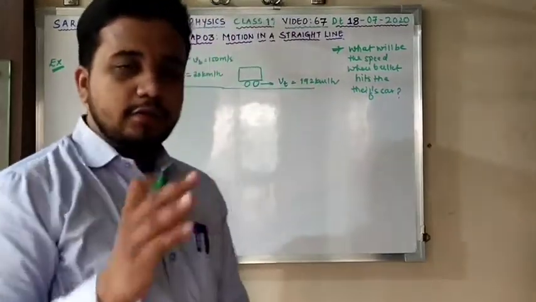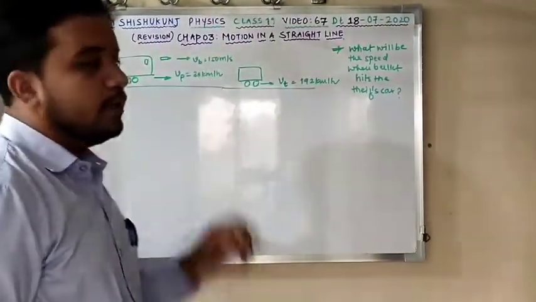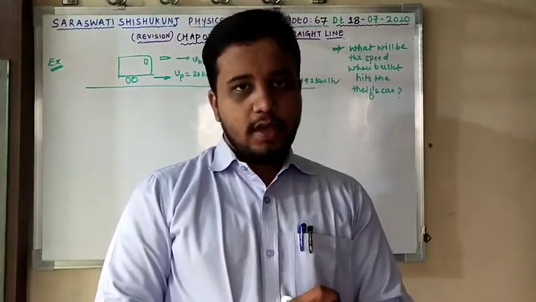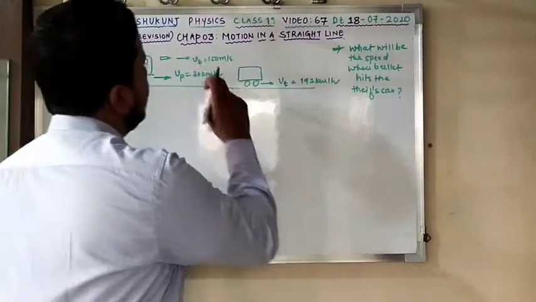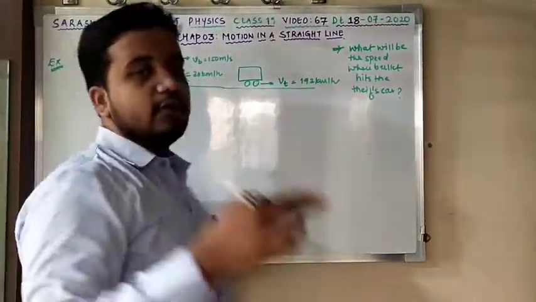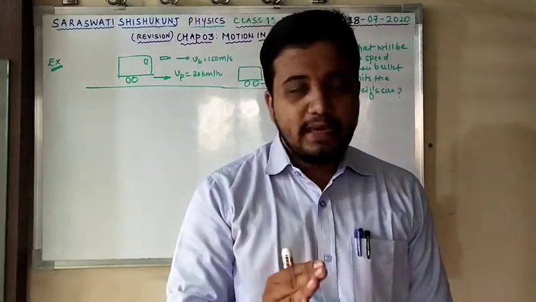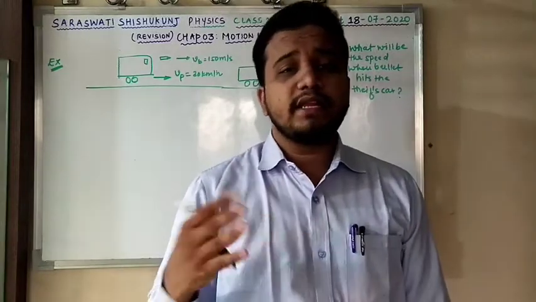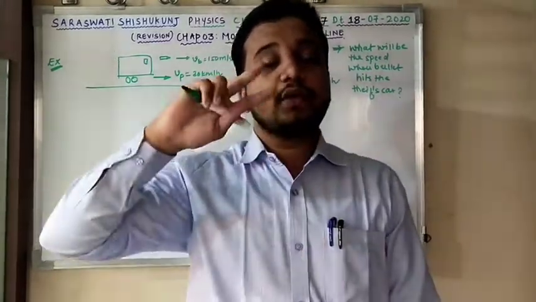Now see how to proceed in such questions. You need to think first. Here you are able to see that the speed of the van is being shared by the speed of the bullet. Yes or no? The speed of the van is being shared by the speed of the bullet, because the bullet and the van are both moving in the same direction. So the relative velocity will be VB plus VP. If they are in opposite directions, then VB minus VP. But if they are moving in the same direction, they are going to be added.